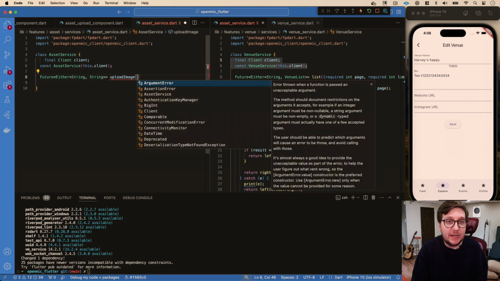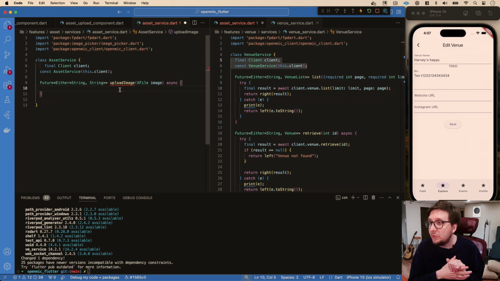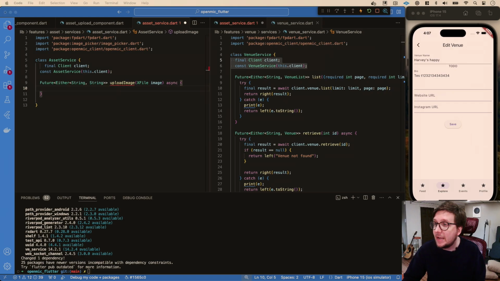And we're going to call this upload image. And we're going to have this X file, like I was saying, that we can get from our Image Picker library. We'll just call this, what do you want to call this? I guess just image. We call it image file. This will be asynchronous. Now, what I would like to do is, just to not have to worry about dealing with collisions of files and that kind of stuff,